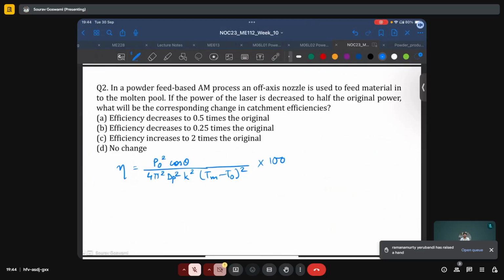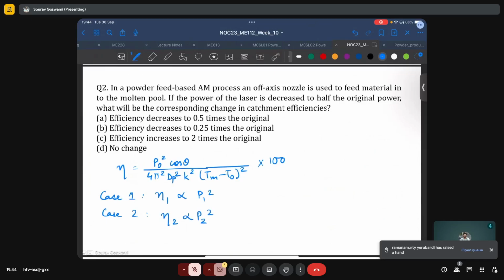So we are told that the power of the laser beam is decreased to half the original power. So if our case one, then eta 1 is proportional to P naught square, and assuming that everything else remains constant. For the second case, if the power for this is P1, then eta 1 is proportional to P1 square, and similarly eta 2 will be proportional to the absorbed power, in